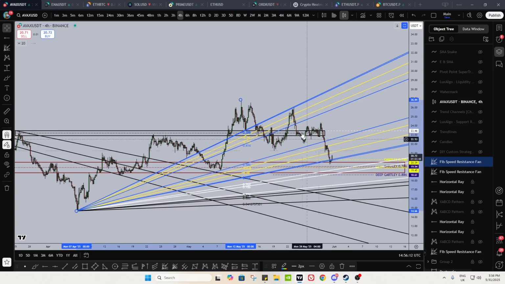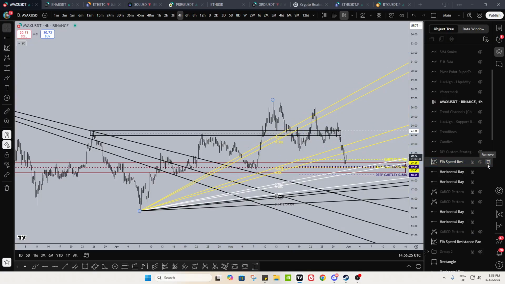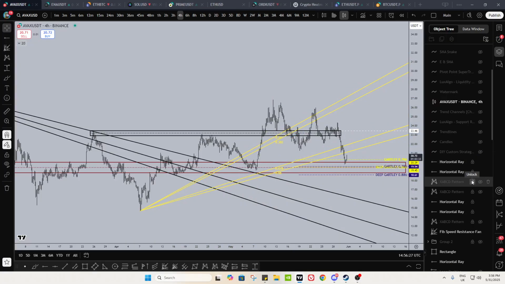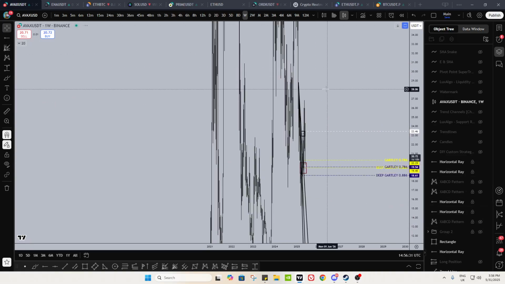There. The rejection was the top side liquidity of the shallow retracement, and what we're holding and reacting off of right now is the liquidity of the golden pocket. Right, so let's see what kind of move we get here. But again, I'm just slowly adding into spot. That's it, right? Just slowly and slowly adding into spot. That's all I'm doing. I'm not even scalping here. I don't see the point, right?